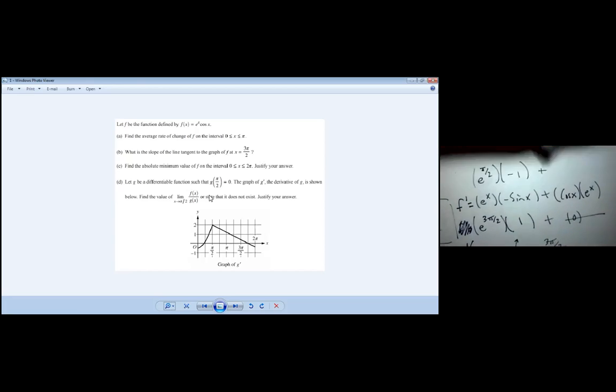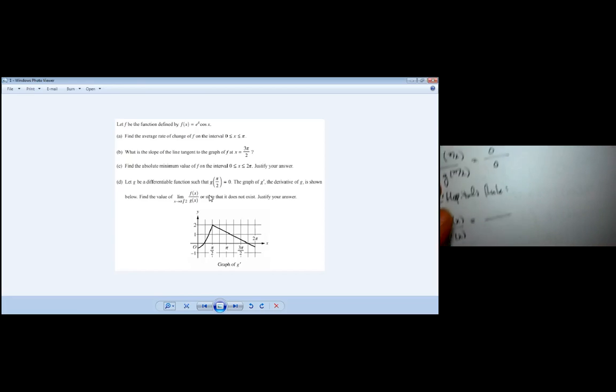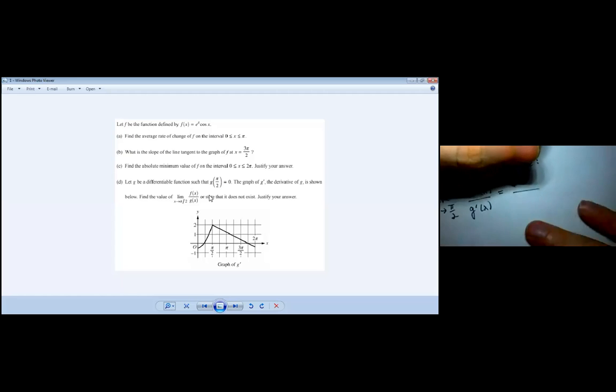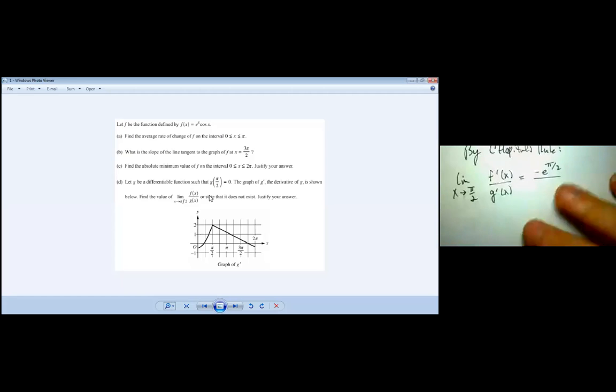And then you'd have cosine pi over 2, which is 0, so that just cancels out. So we're good. That'd be negative e raised to the pi over 2, over